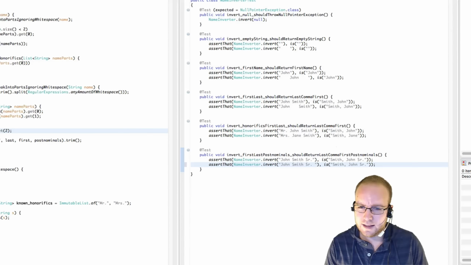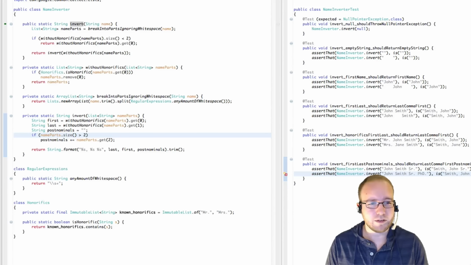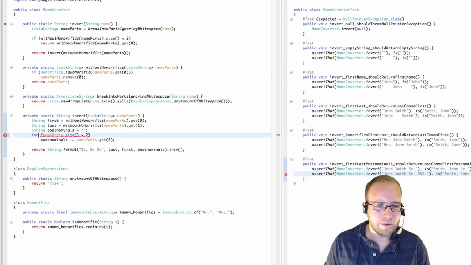All right, so we do need to deal with more than one postnominal though. So let's say that John Smith Sr. also has a PhD. So now we've got two postnominals, which our code doesn't handle yet. So let's take this and make it a little bit more generic so that it can deal with any number of postnominals. And we'll do that by switching the if statement to a for loop,